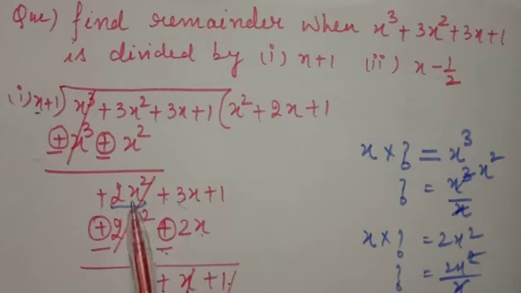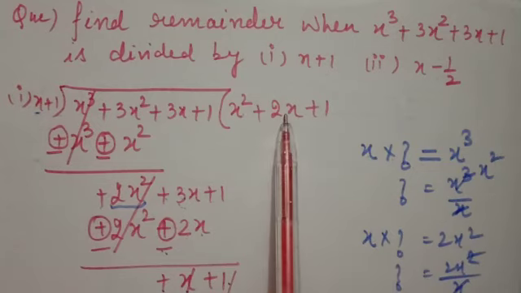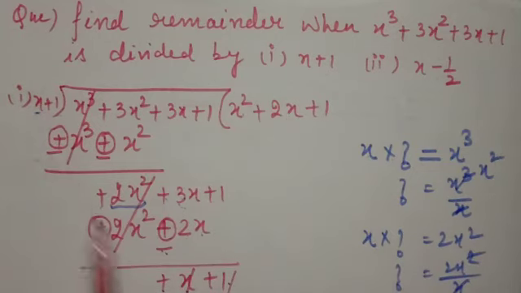Now we want 2x square. By what number should we multiply? We will write like this: by what number should we multiply to get 2x square? Shift to the other side, cancel. So 2x, multiplied with x plus 1, gives 2x square plus 2x. Sign change, it will cancel. Plus minus minus, so 3x minus 2x, the remainder is 1x.